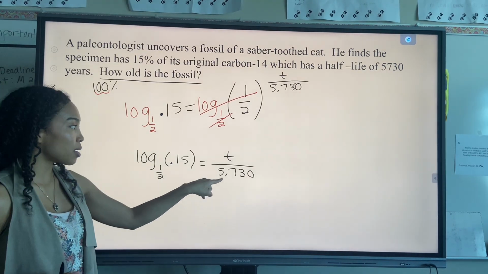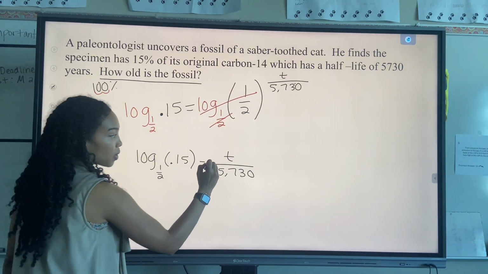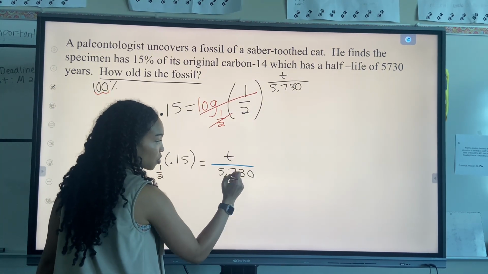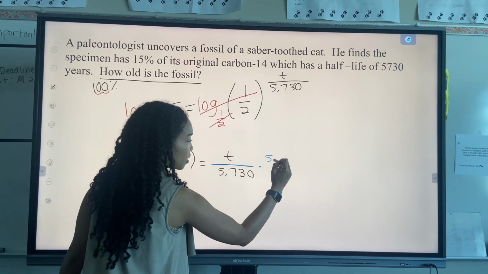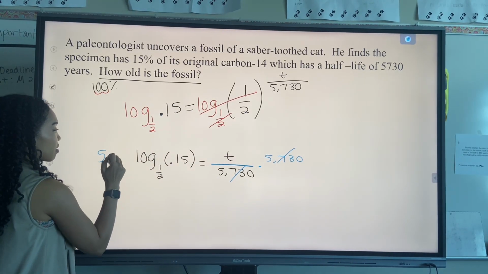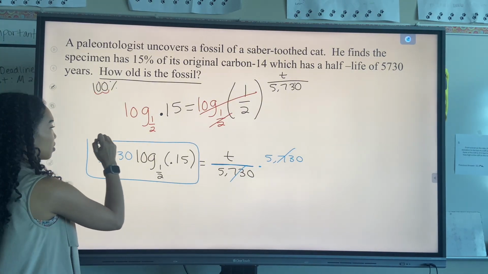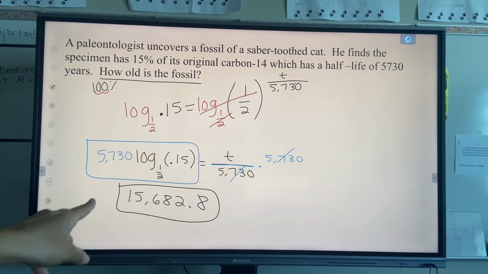What's my final step to solve for T? Multiply, good, because right now this is being divided. So the opposite would be to multiply by 5,730. So we're typing this into the calculator. All right, so the answer was